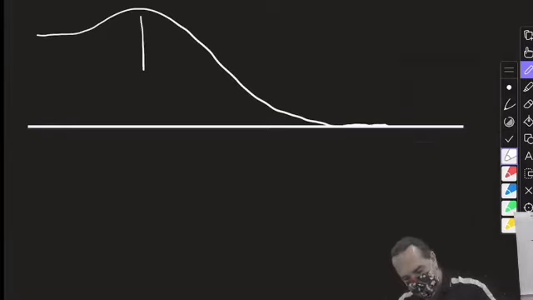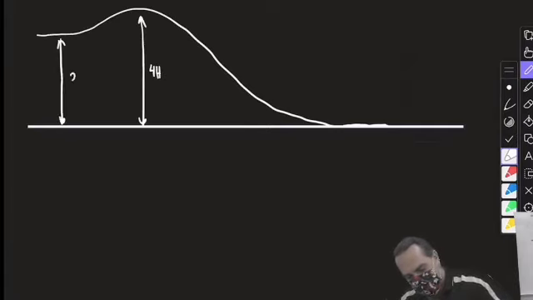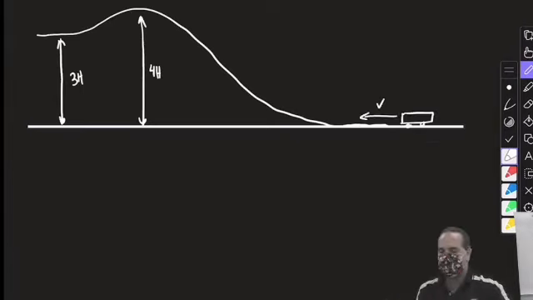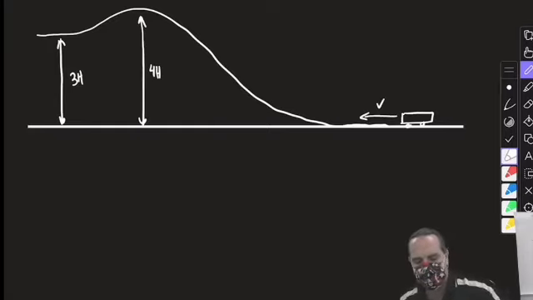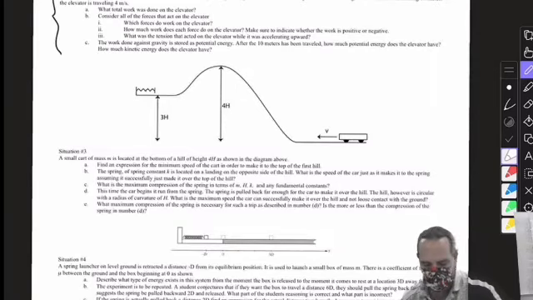All right, so this is 4h. This is 3h. The car starts down here with a velocity v. I'd like to know the minimum velocity necessary to make it to the top of the ramp. I think that's what the question asks. Find the expression for the minimum speed of the cart in order to make it to the top of the